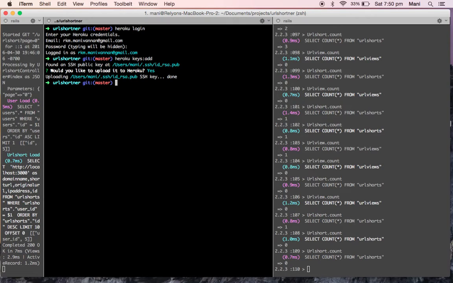The next step is we need to create a new app in Heroku. An app in the sense of a URL, so the URL name will be created automatically. The command for creating a new URL is heroku create.